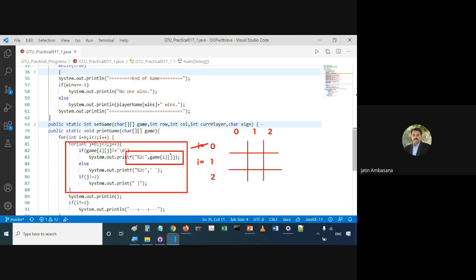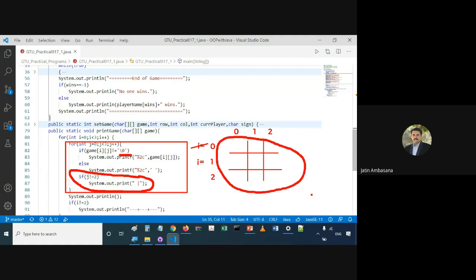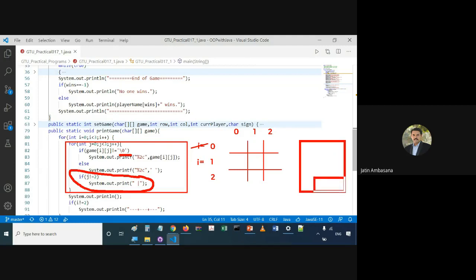Those characters that had been put inside this game array or game matrix get printed, and if it is a null character, then an empty space gets printed, and after each character a separator gets printed. Only for the last character the separator does not get printed, because here we don't need a separator. We want to display the matrix in this manner. We don't want it to be displayed like this.